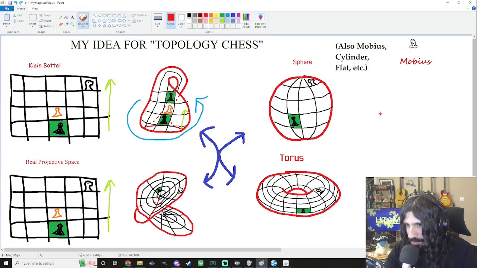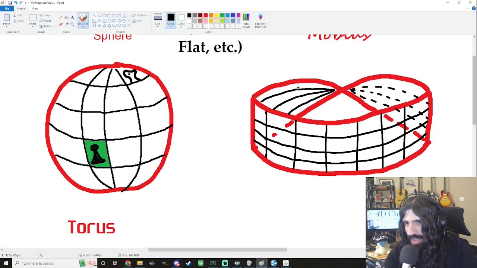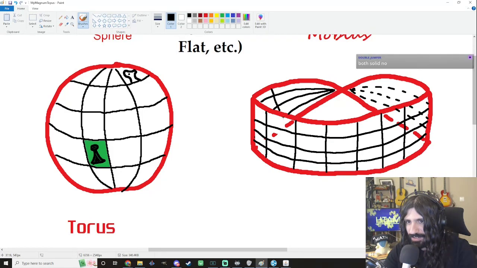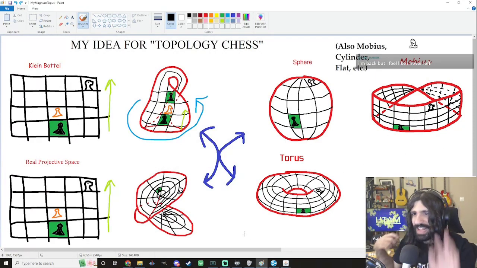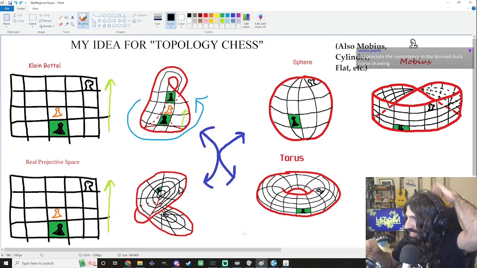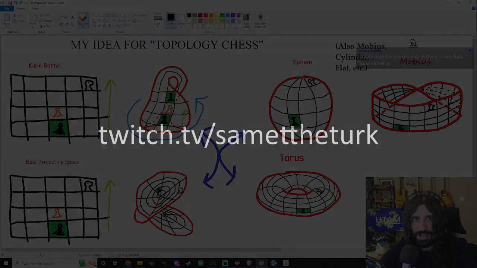My favorite part was when he said Mobius chess and the board became non-orientable everywhere. Oh, actually, I reversed what these should look like. Whatever, that's fine. I've already made my non-orientable bed. Now I have to sleep in it. Okay. All right. A cylinder and flat aren't interesting to, you know, actually, can you edit text boxes in